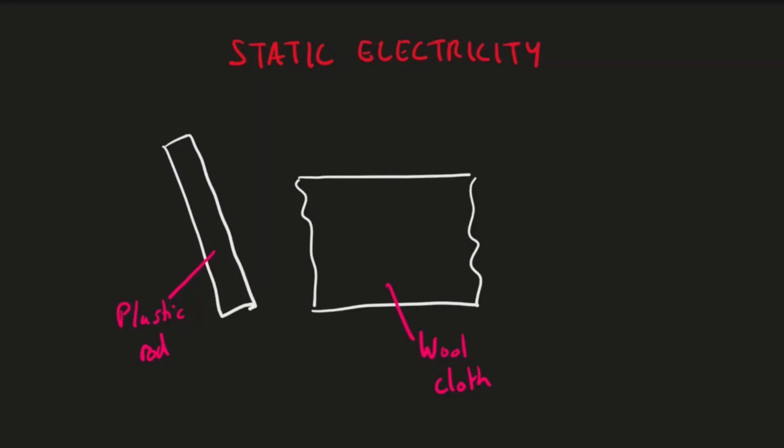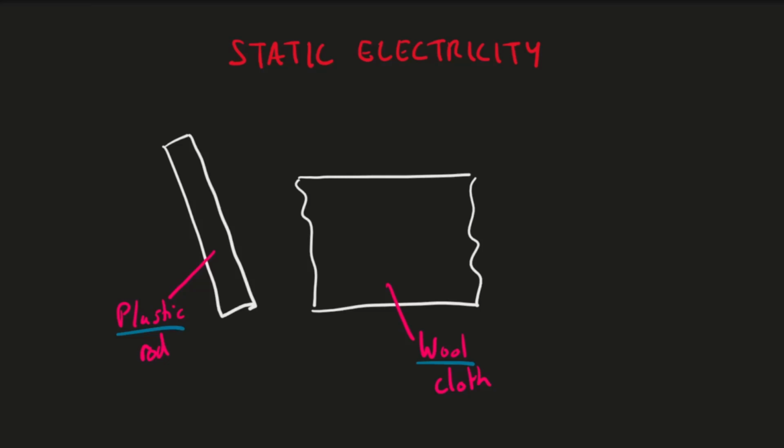So you can produce static electricity when you rub certain insulating materials together. For example, here we've got a plastic rod and a wool cloth, and the key feature of both of these is that the material they're made from are insulating materials, and what this means is that they allow the charge to build up. What happens is when you rub these two together, then electrons can transfer from one material to